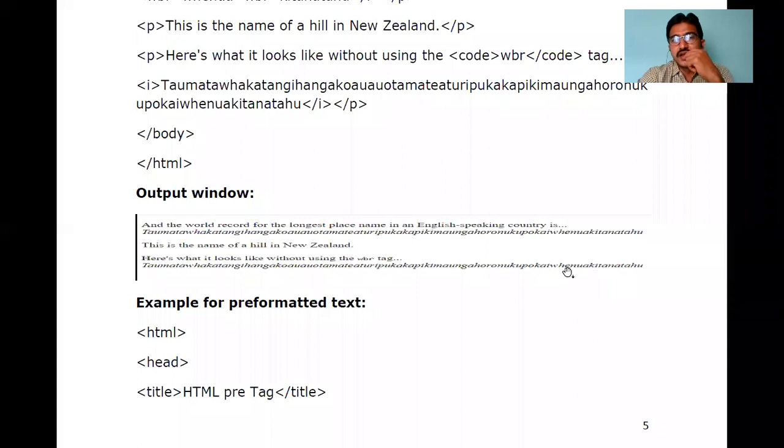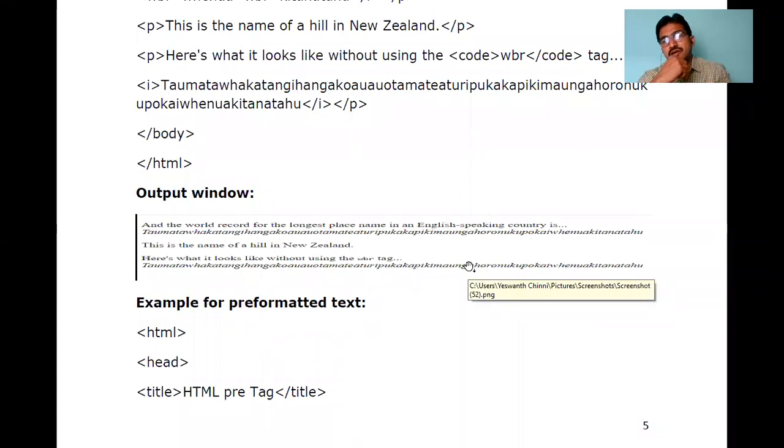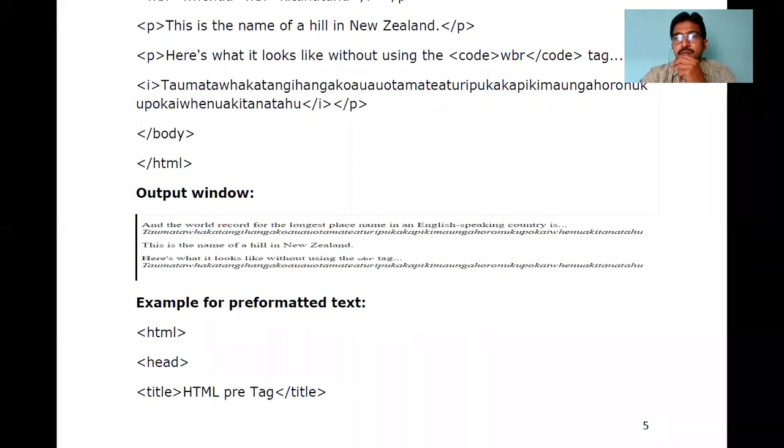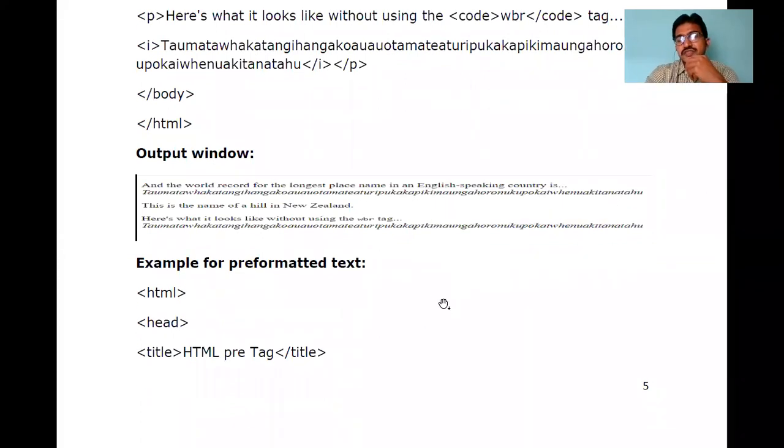If you are using WBR, also it is browser dependent. I already told you that some of the elements may not work in Opera, or not work in Chrome, or not work in IE. Maybe some work in Firefox, some work in IE, some do not work in Firefox. It depends on the browser. It depends on advanced versions also, because it's an advanced element, so it will be supported by advanced browsers as well. Don't think that, with older versions, when you are running the programs on your laptops or desktops, the program is wrong. No, it depends on the browser.